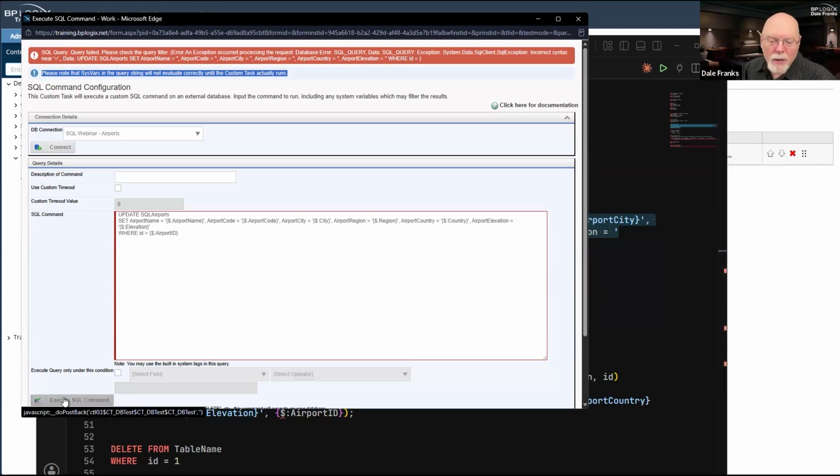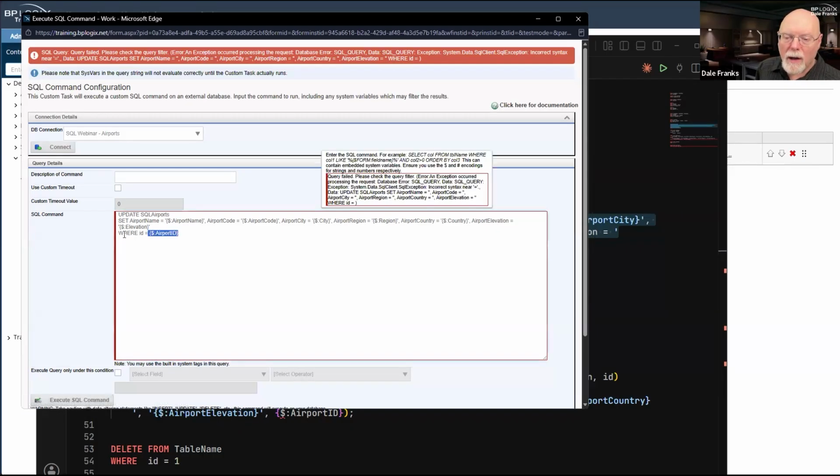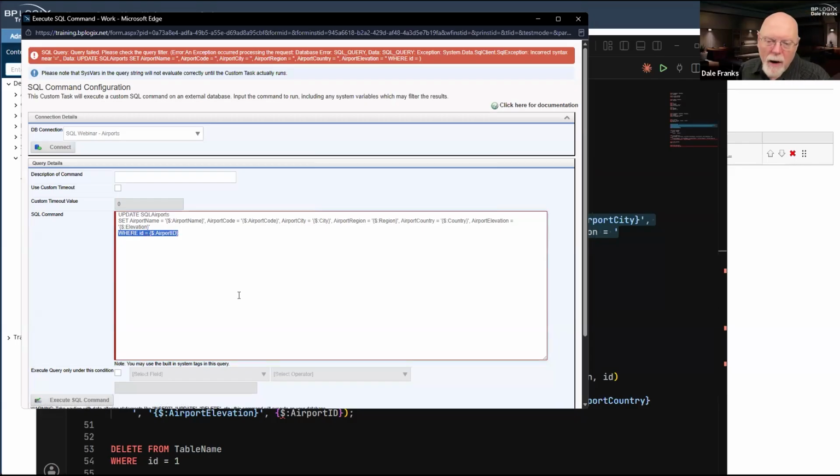So the Execute SQL Command button, while useful in theory, in practice is probably not going to be very useful for you, because most of the time you're going to be doing something like where ID equals airport ID, which is just not going to evaluate to anything, and your SQL call is going to fail just as it did here.